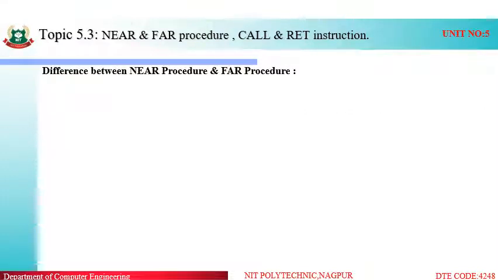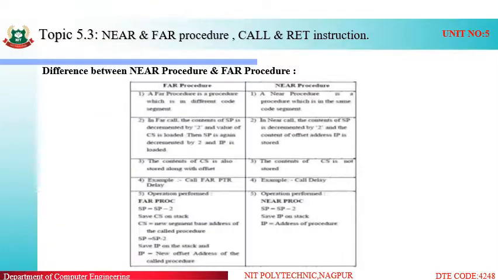Now coming to the difference between near procedure and far procedure. The first obvious one is that a near procedure is placed in the same segment as the main program, while a far procedure is placed in a different segment than the main program.